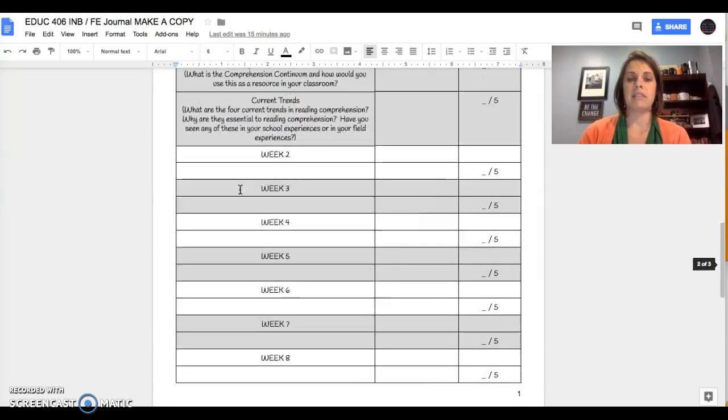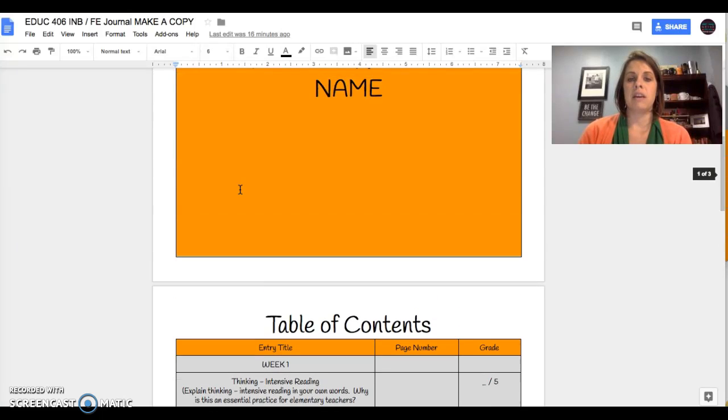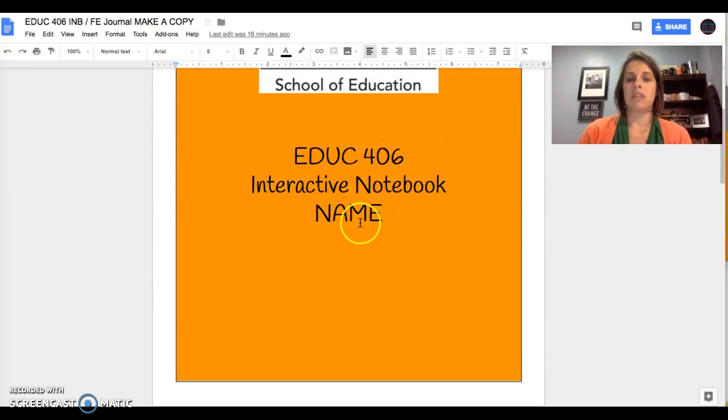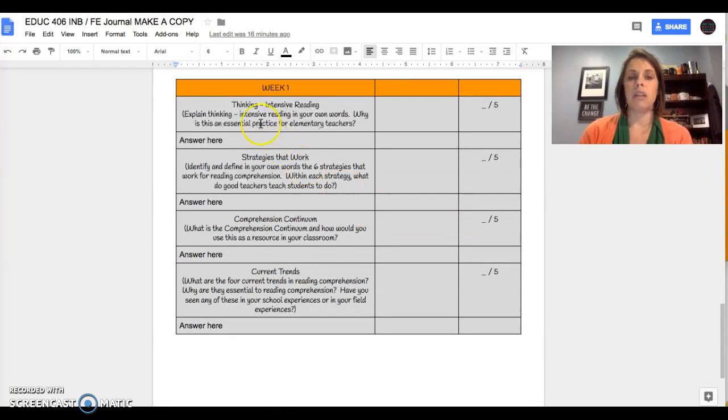Your table of contents is really just where you're keeping the information of the pages. Please also make sure that you change the name in here so that your name is there. Each week, you will have a different set of questions or protocols that you respond to, and you just put your answer in here. It automatically keeps this updated, so you don't have to re-share it with me. I can already see the most recent version of it as you complete it.